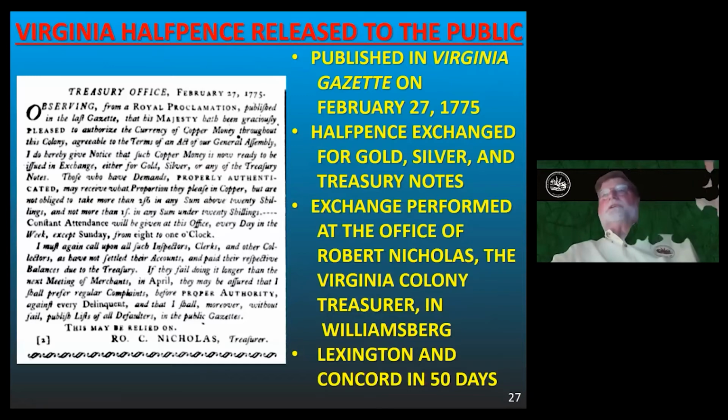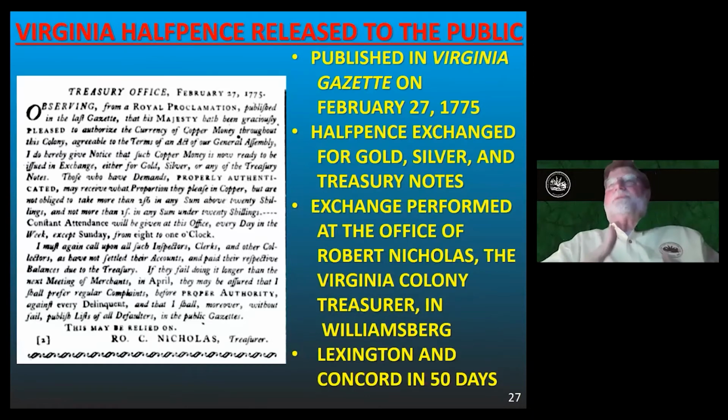And then a screw up occurred. People changed, the Virginia secretary over in England changed, and therefore some people got cold feet about going ahead and releasing the Virginia coinage at that time. And it took over a year to get this sorted out. So these Virginia coins were transported to Williamsburg, and they sat in Williamsburg for over a year while this was finally being decided. And until February 27th, 1775, finally, these coins that have been requested for 166 years finally were